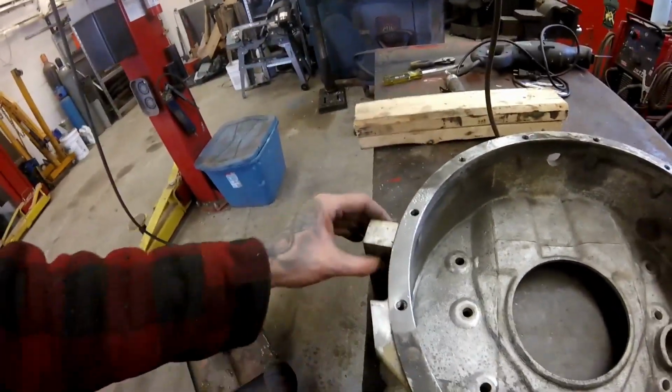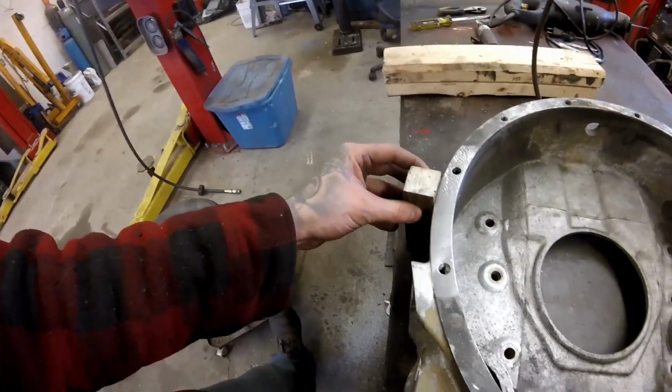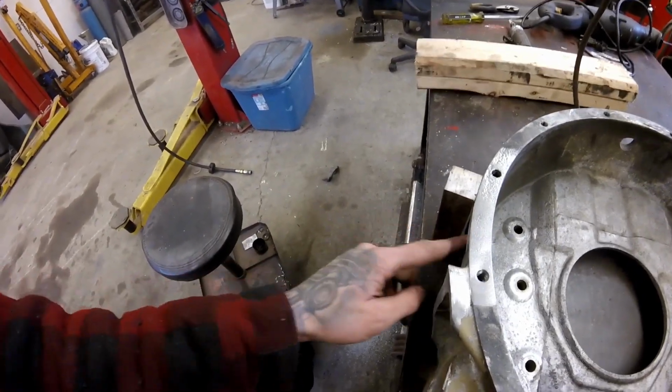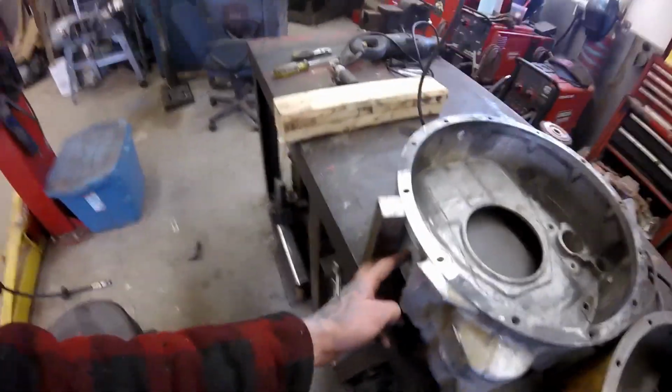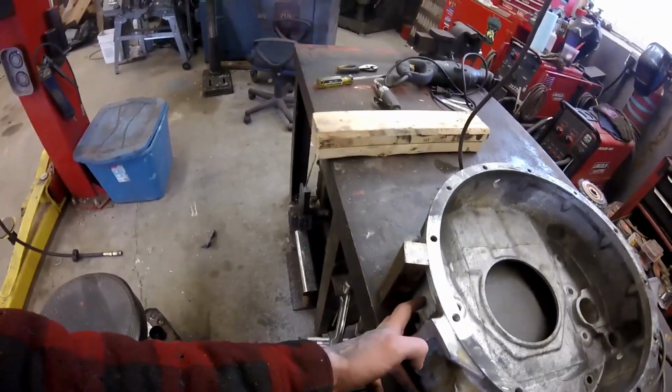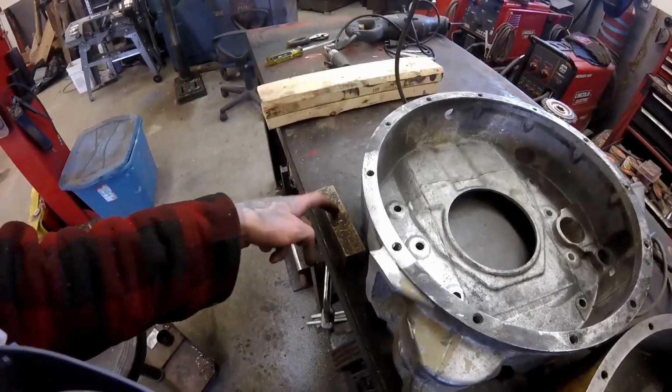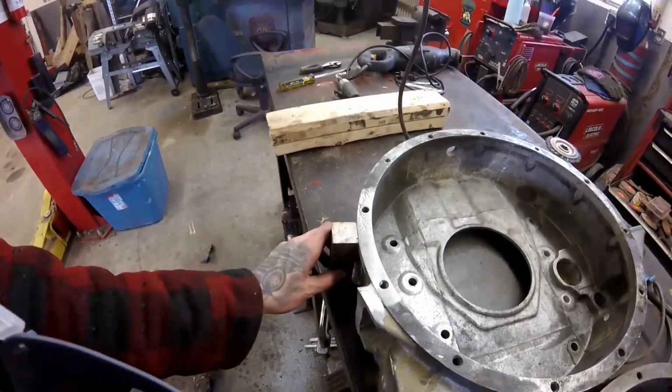I'm going to kind of mock this up. I'm going to get it so it fits up against the flywheel housing. And then I'm going to mark out where it lands on the side, so I know where to cut my hole. I'm going to cut my hole, probably do most of the milling on the back side of this, come in with the milling machine and hollow it out. And